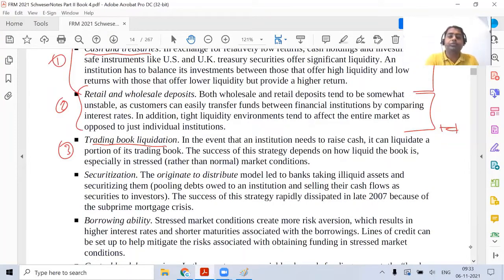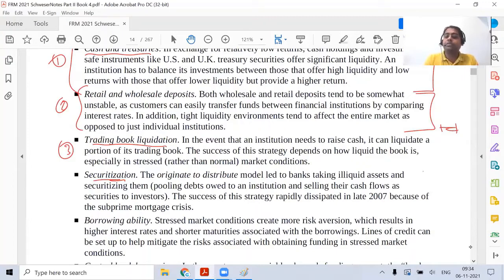Let us go to securitization. Now, the originate-to-distribute model. Generally, what banks used to do is, suppose I am Citibank and I have a lot of loans on my book, those non-core loans or illiquid loans which I don't want to keep on my books, I will do securitization. I will take those loans, create a new company, a special purpose vehicle, and pass them on to it and get the cash. So through securitization, I am able to offload my non-liquid loans or assets from my balance sheet to somebody else, and generate cash.